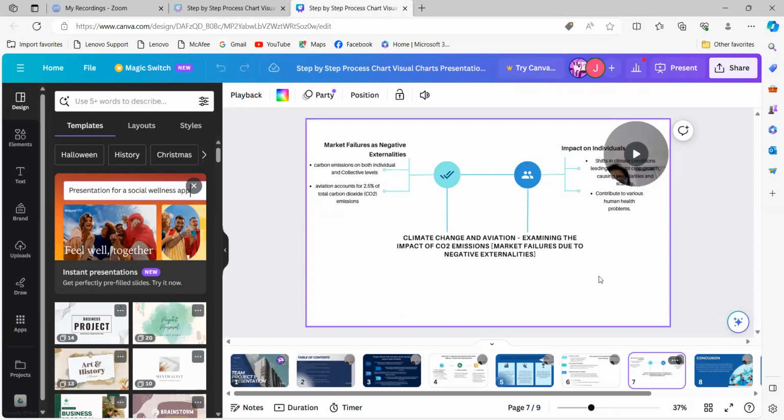So our last but not the least news is climate change and aviation, examining the impact of CO2 emissions. The news is about market failure due to negative externalities. Here we can highlight 2 things. Number 1, market failure due to negative